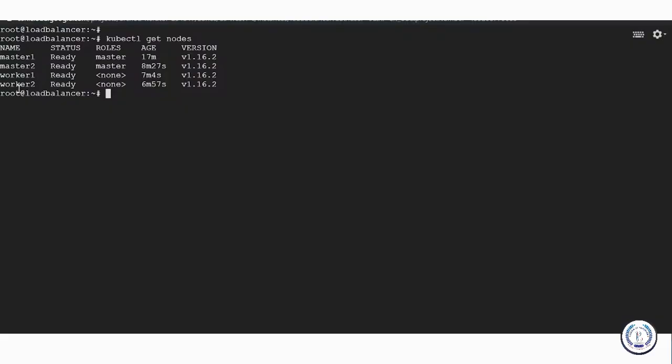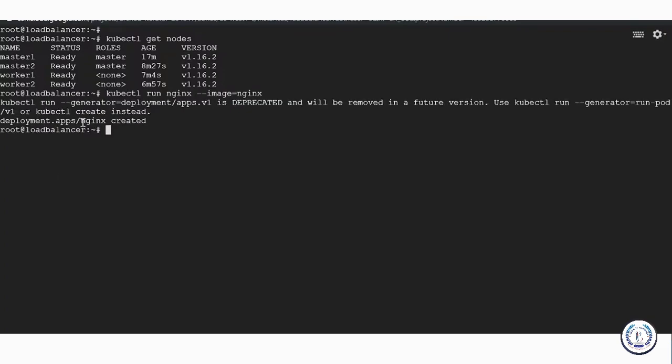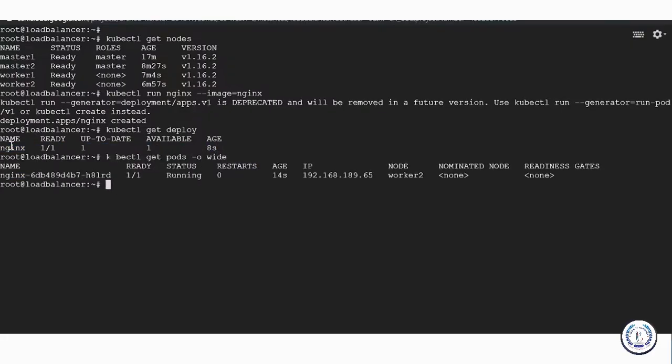One final thing that we'll do is run one simple nginx pod, and we'll see how we'll be able to interact with the nginx pod. So kubectl run nginx --image=nginx should download the latest Nginx image from the Docker Hub repository and should create an Nginx deployment for us. So kubectl get deploy should show that you have one deployment of Nginx running in the system, and kubectl get pods -o wide should show that you have one pod running on worker 2, and the corresponding IP address assigned is 192.168.189.65,